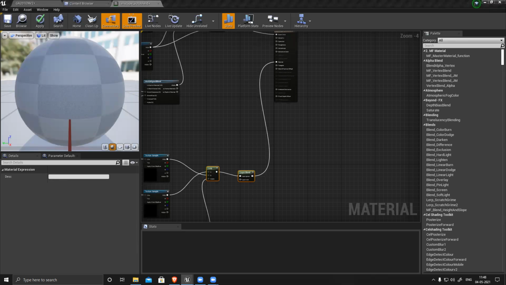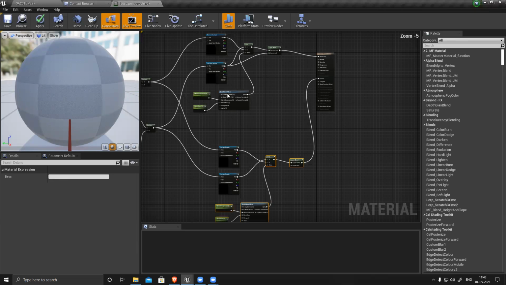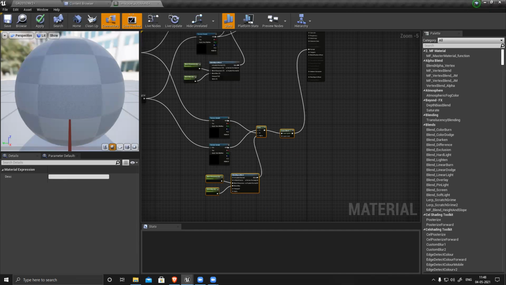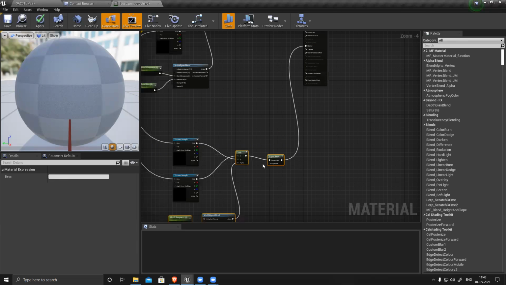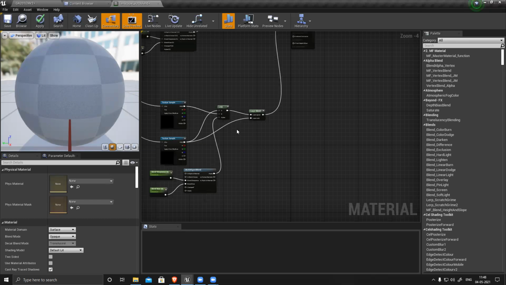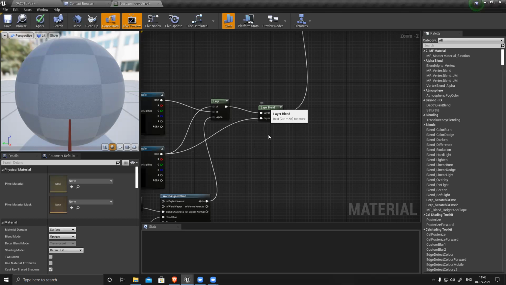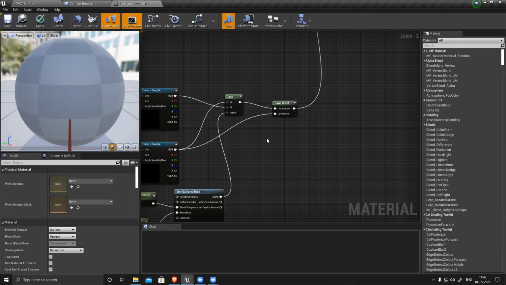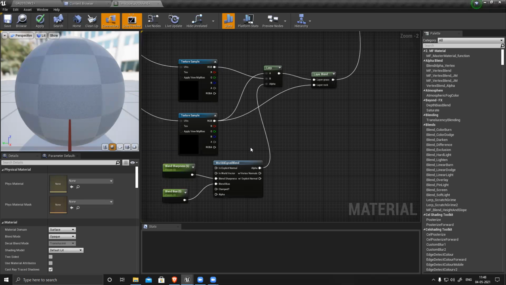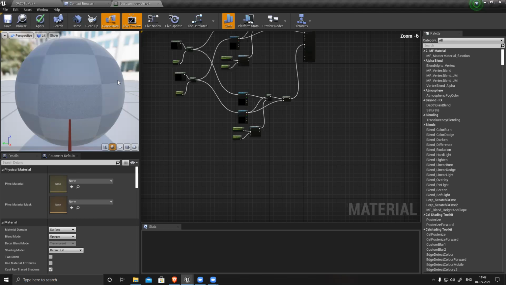We only have to connect one of them to the world align blend, whatever you want to blend with this. Basically for angle, I want to generate the rocky surface. So save it. Just one.